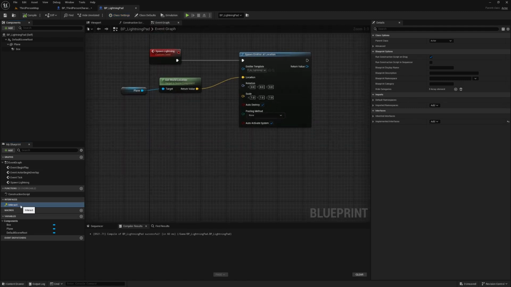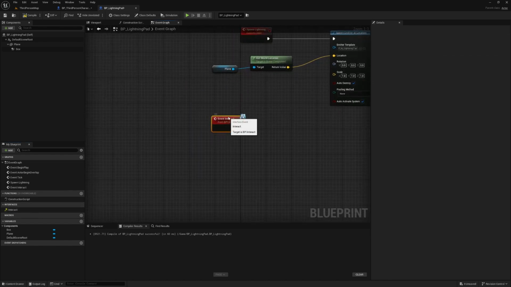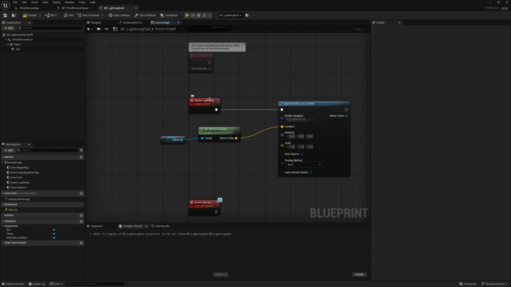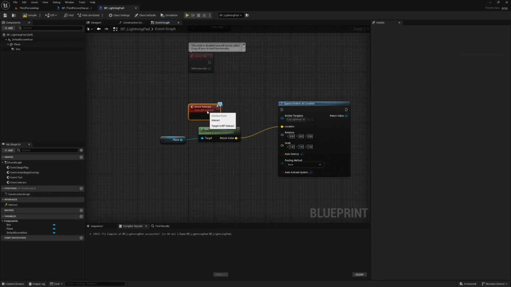So what I can do is right click on this and go implement event, or I can simply double click on this interact and it will create this event in the event graph with this little blueprint interface icon here, and I can delete spawn lightning and just plug in event interact here,